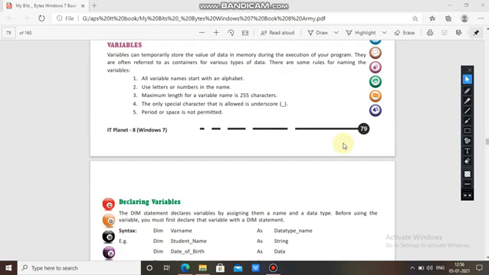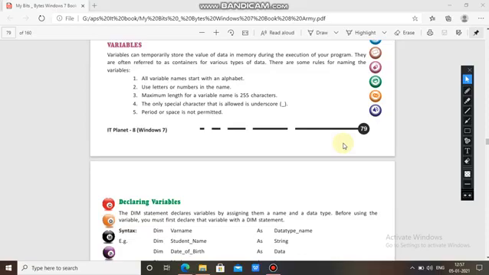So remember these 5 points: it starts with an alphabet; you can use letters and numbers in the name; maximum length should be 255 characters; the only special character allowed is underscore; period or space is not permitted. Okay, so by this you know how to name a variable.